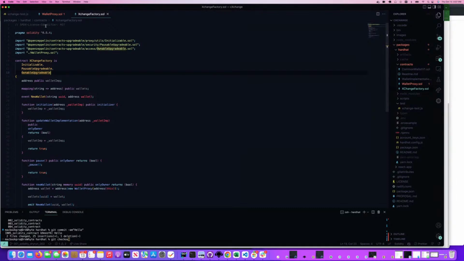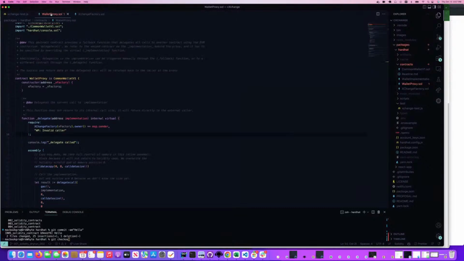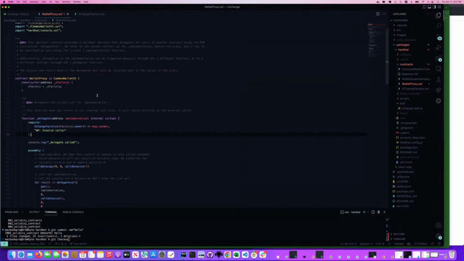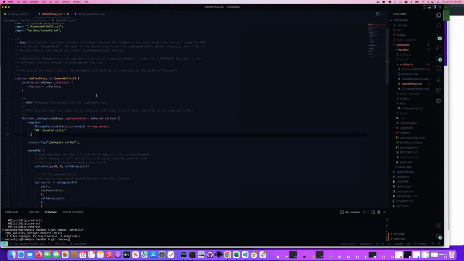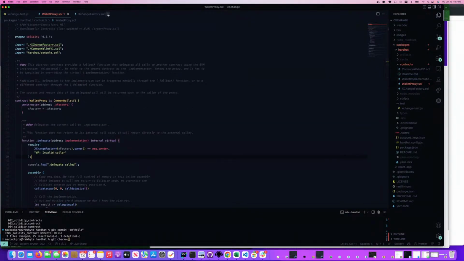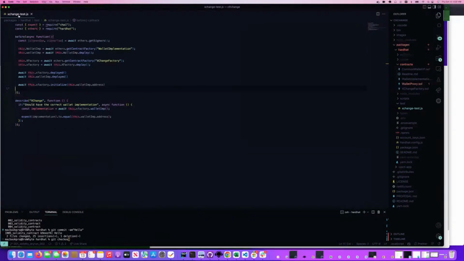So in that case, it means that for anybody to be able to interface with any of our wallets of the exchange, it has to be the private key that is the owner of our factory. All right. So that being said, let's go back to our first test. So our first test is